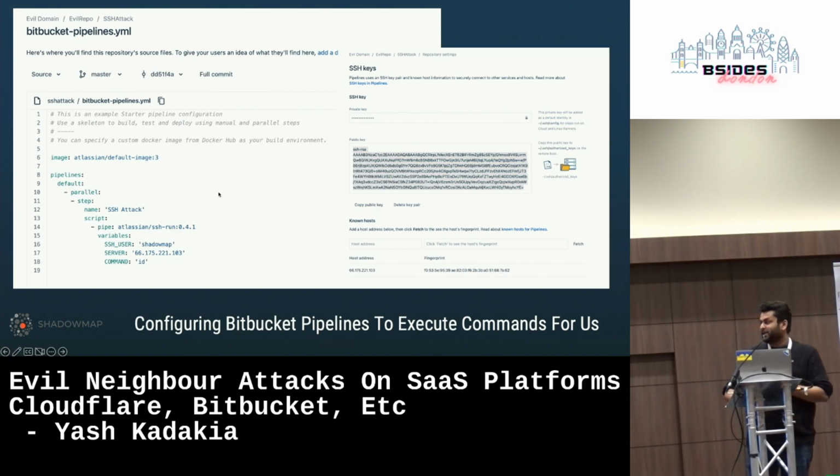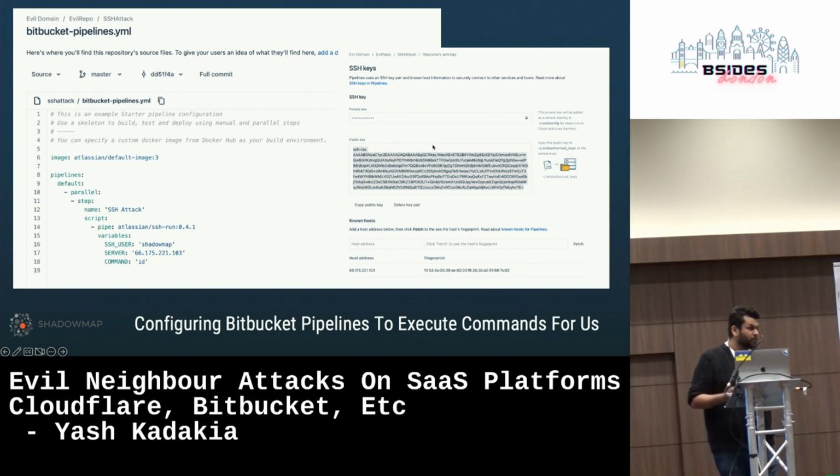No rocket science there, right? We added the SSH keys that we had compromised or the password that you've compromised. It doesn't have to be limited to SSH, could be rsync, could be any protocol that they're essentially using for deployments, right? Since it'll be an IP whitelist, you could realistically use that. So we could then go plug in the IP address, the user, the SSH keys. Of course, the attack was based on the fact that we already had the keys and we had the passwords. But it got us to a point where we could now talk to that server that was otherwise IP whitelisted.